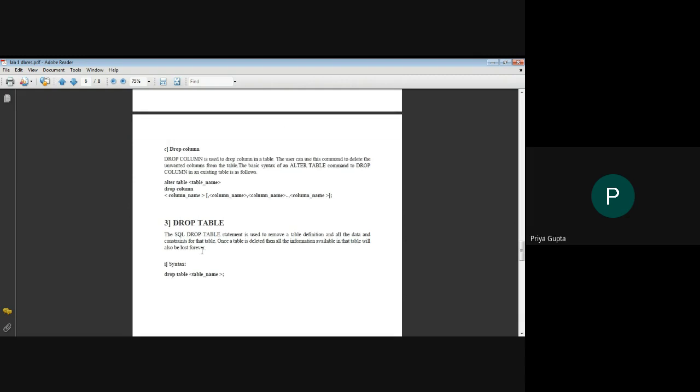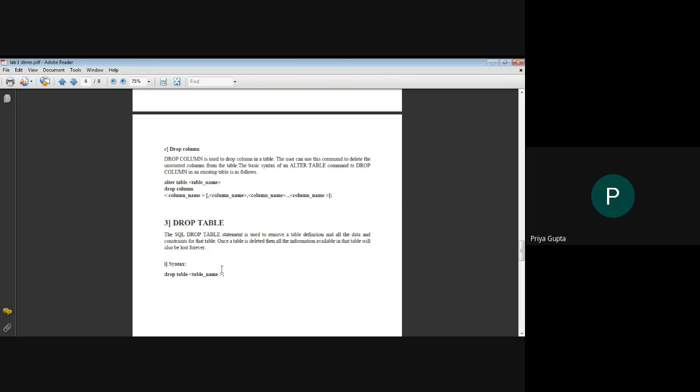And the last command that is in the DDL is drop table. Drop table is used to delete a particular table from your database, meaning all the data, all the constraints of that particular table, all the data in that table will be deleted from the database.